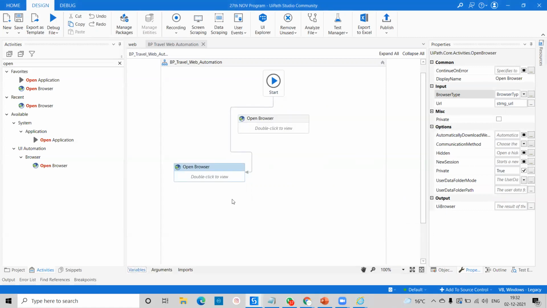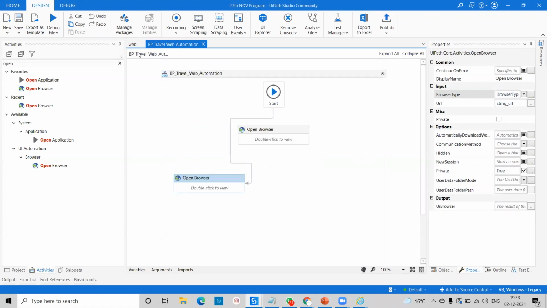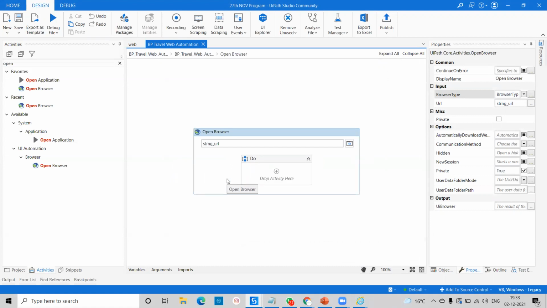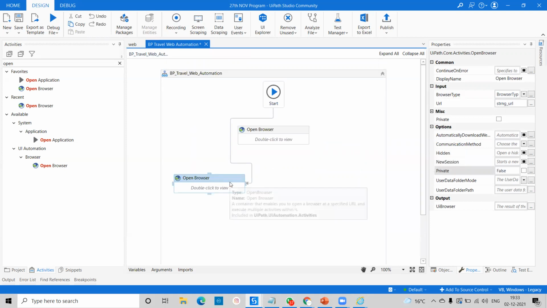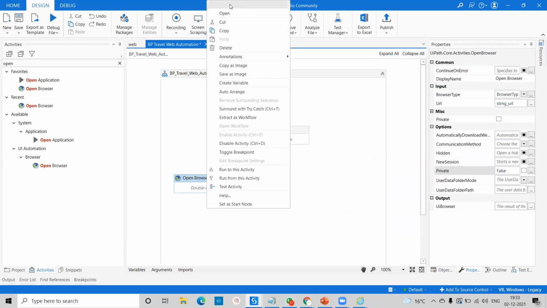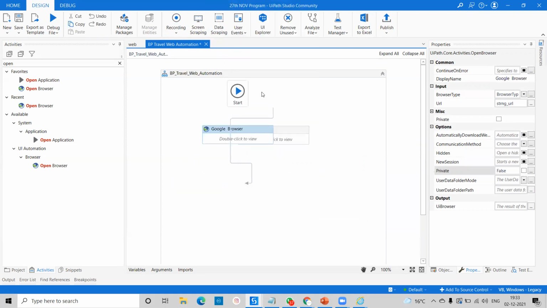Okay, the second thing we'll learn here. Suppose we are going to launch any type of browser like Google Chrome, but after launching Google Chrome, we have to navigate to different websites. We have to wait some time, I will tell you. So here we have an Open Browser. If you want to rename, we can pass Google. We have to first launch Google, and after that we have to launch Paytm.